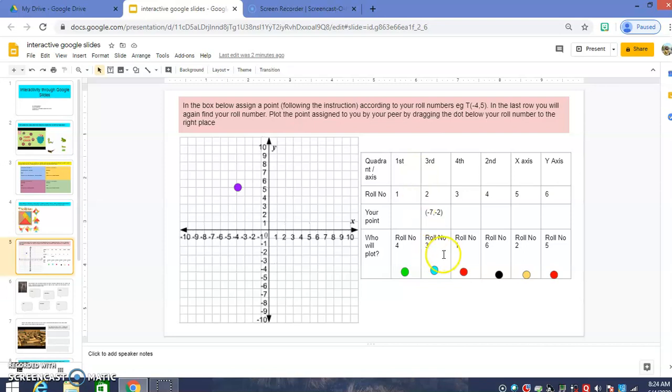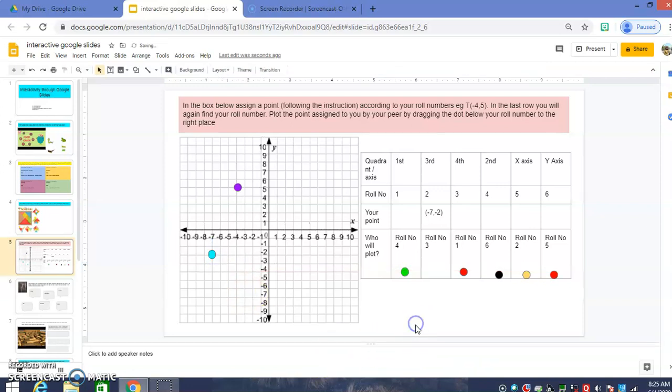Thereafter, they have a second part of this activity. Roll number 3 will plot this point -7, -2 onto the graph paper which is shown on the left side of the slide. So, roll number 3 will take this blue colored point and move it very carefully to the space -7, -2.